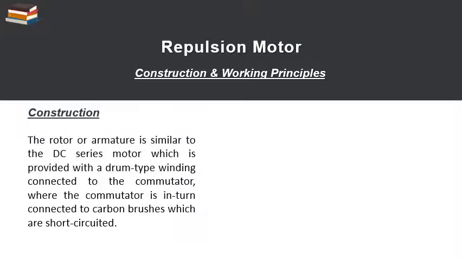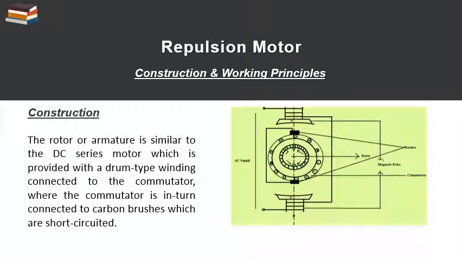The rotor or armature is similar to the DC series motor, which is provided with a drum type winding connected to the commutator, where the commutator is in turn connected to carbon brushes which are short circuited. So in the figure,